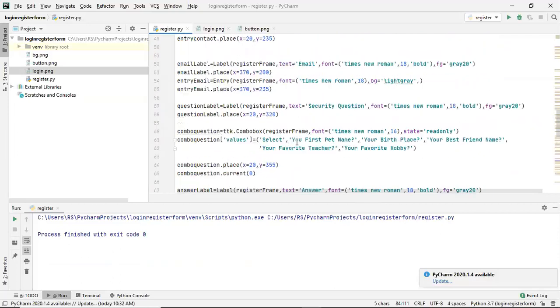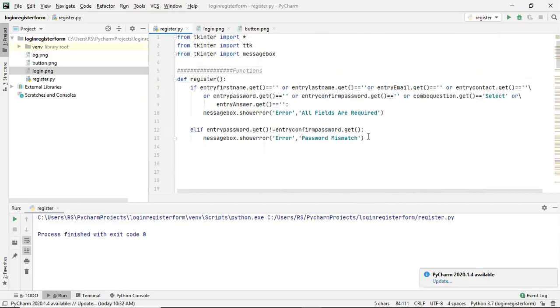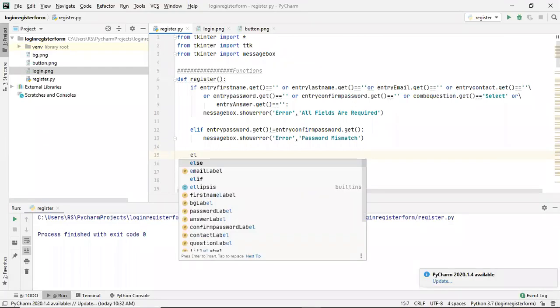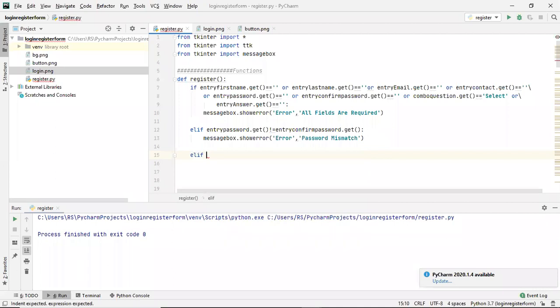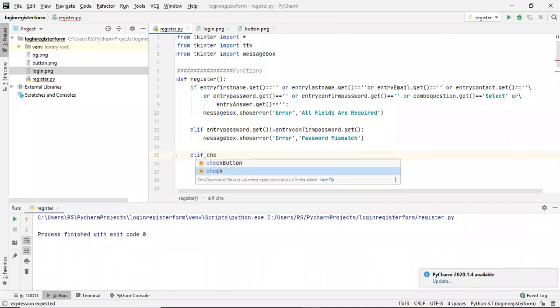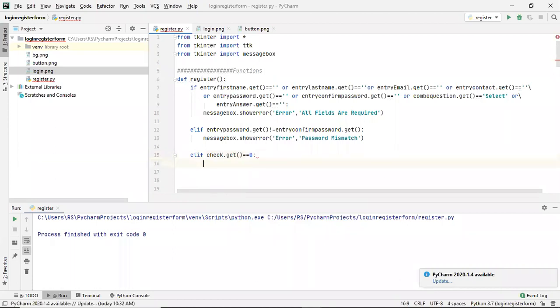So we will check this in this condition inside this register function. So we'll check elif, the check variable that we just created dot get. We'll use the get method to get the value. If this value is equal to 0, it means you have not checked it.